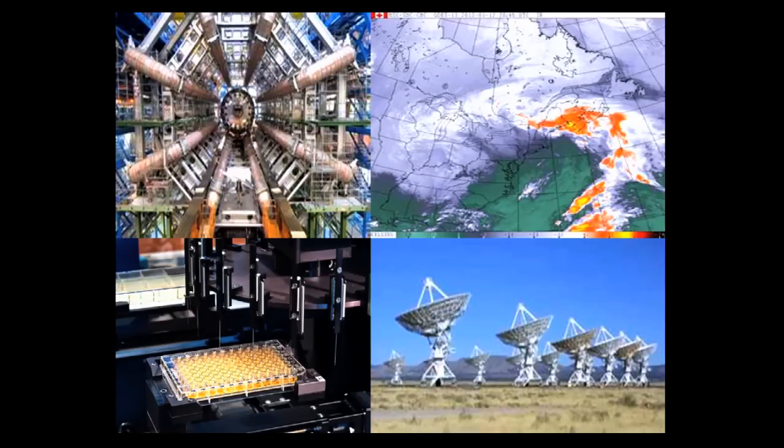But that is kind of changing in character, because of the amount of data which is being produced by sensors. So the Large Hadron Collider in the top left is a sensor, and that produces about 2 petabytes of data in each experiment, for instance, or the data from the meteorological sensors, or the data from large arrays of telescopes. So that's the Very Large Array telescope that you have, or from biological experiments when you're doing the microarrays. So all these are sensors of some form or the other, and increasingly they're producing data onto the internet.